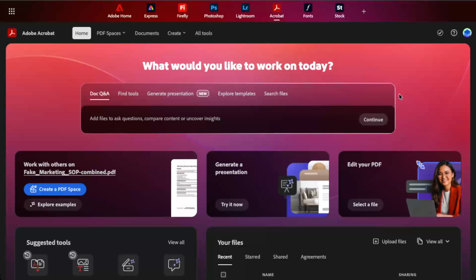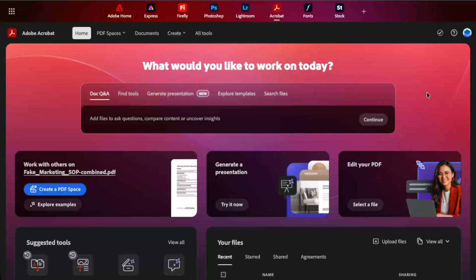In today's video, I'm going to teach you how to enter an Adobe Acrobat license key. We'll be going through the process from your Adobe Acrobat homepage all the way to the section where you can register your license or serial number. This is a straightforward process, but it helps to know exactly where to click so you can complete it quickly